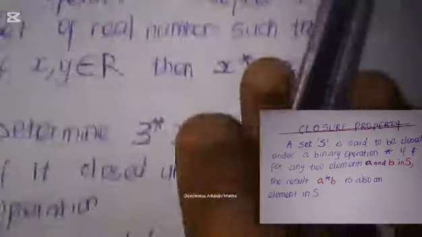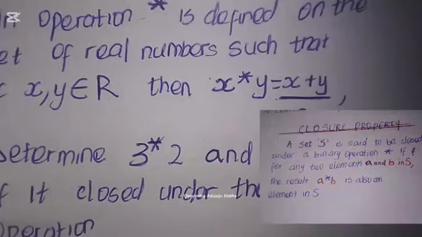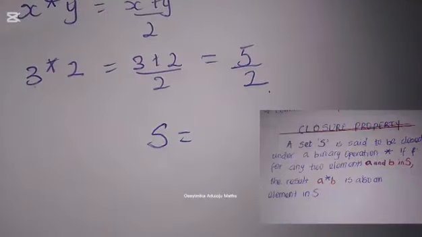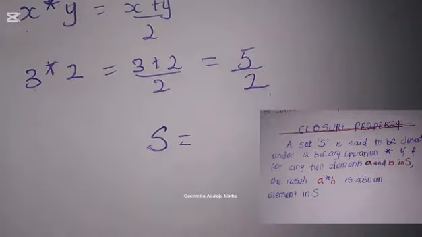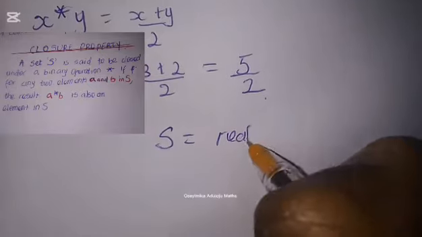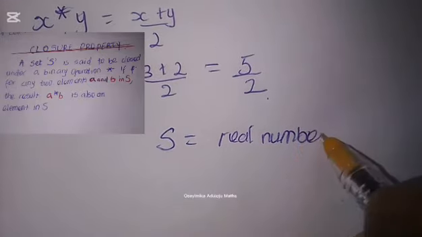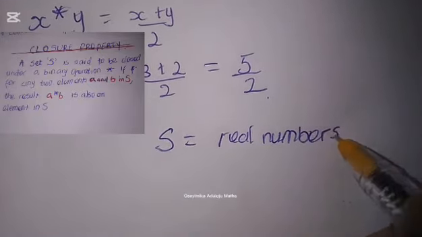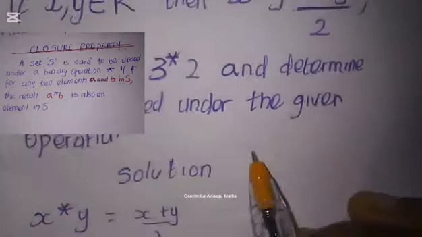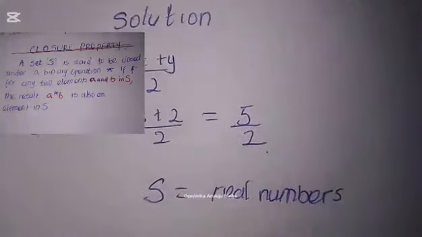So the S from the definition I gave in the previous minutes is, in this question, the real numbers. And the two elements in the definition, which are A and B,